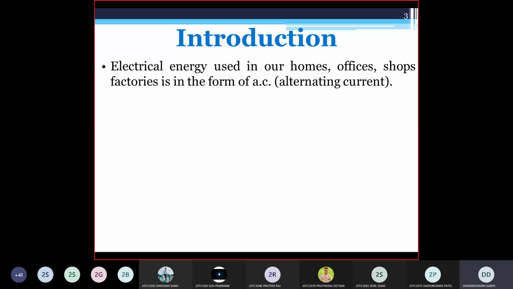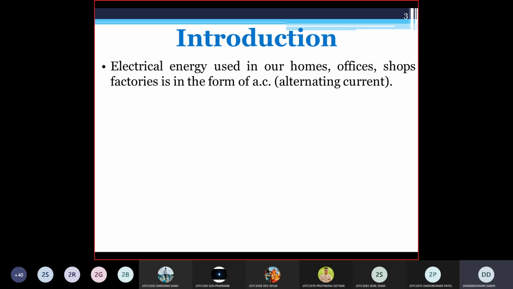Any other reason? Can you give it? Why do we generally prefer AC as compared to DC? That is not the only reason. There is another reason also because of which we generally prefer to use the AC. Anyone want to give the answer? Any other reason? A student answers: AC travels longer distances than DC. No, that is not a proper answer. DC also can travel over a long distance.